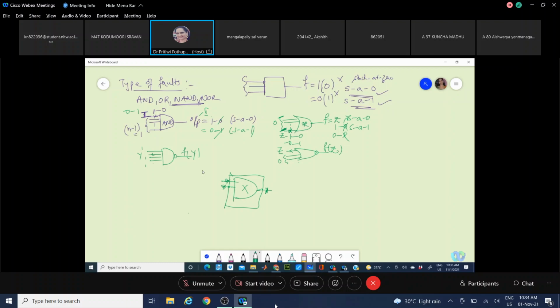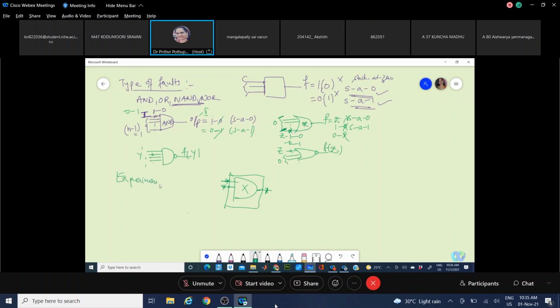The analysis has to be done to say that the circuit is fault-free and ready to be prototyped and released into the market. So before a product is released, a prototype will be generated from the design methodologies and equations. Whatever we have seen so far will come into the design segment. From that, one prototype is generated, tested for all types of faults, and analyzed. That means some sort of experimentation will be done.